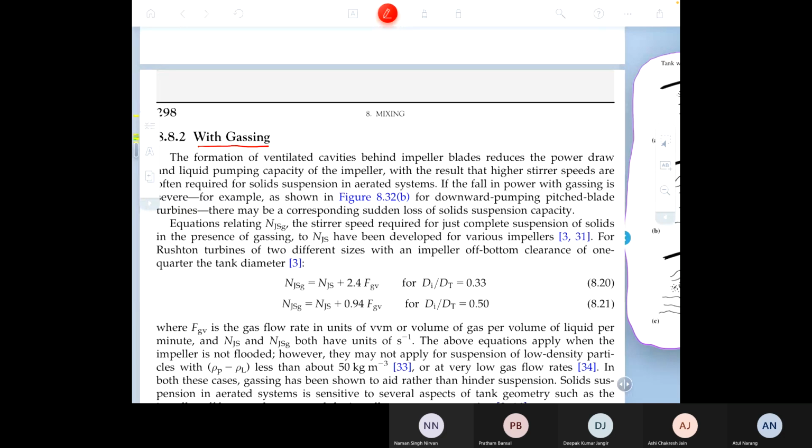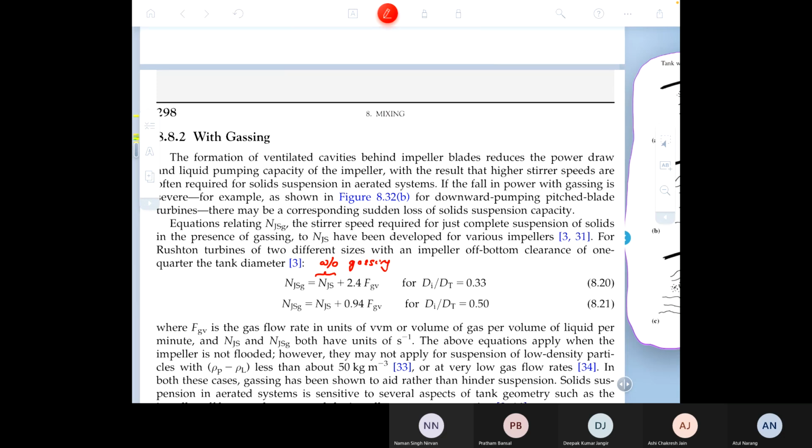Actually, I should finish it right now. What happens with gassing is essentially you have to modify the formula slightly. This is the NJS that we just calculated without gassing. And FGV